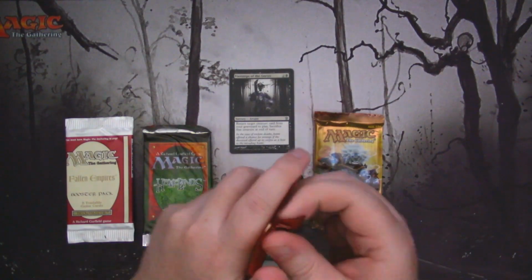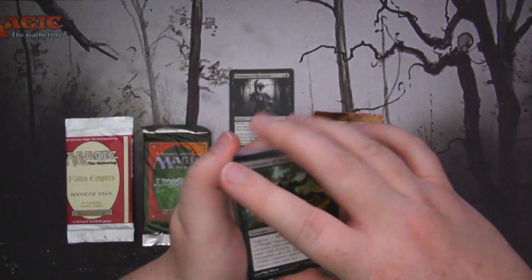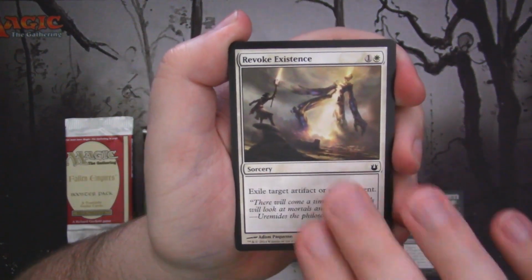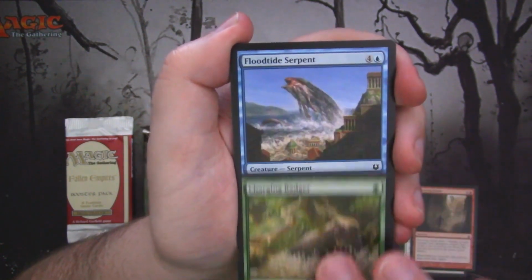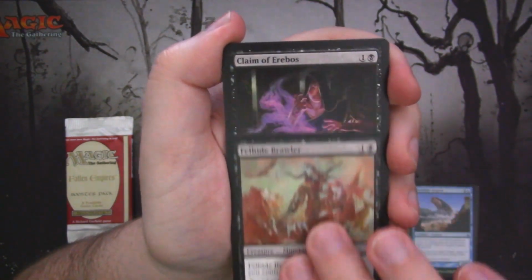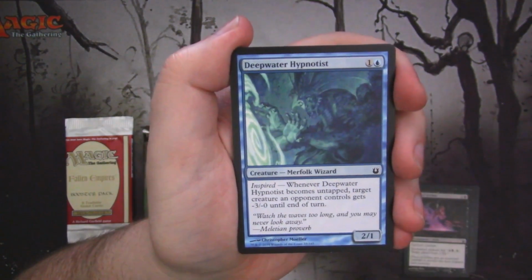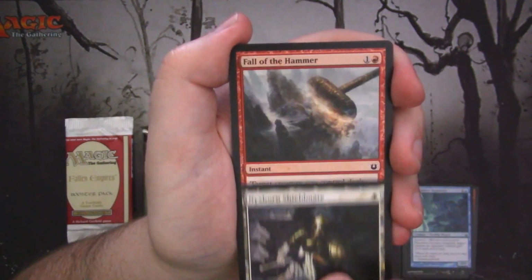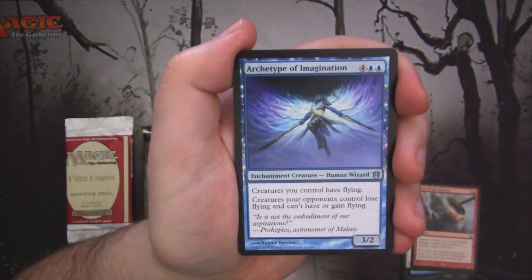Born of the Gods next, with 10 votes. So now remember, we're looking for black instants and sorceries, low cost. We've got War Chanter of Mogus. We've got Revoke Existence, Scouring Sands, Charging Badger, Floodtide Serpent, Fellhide Brawler, Claim of Erebos, enchantment, not instant or sorcery, Deepwater Hypnotist, Nyxborn Shieldmate, Fall of the Hammer, Archetype of Imagination,